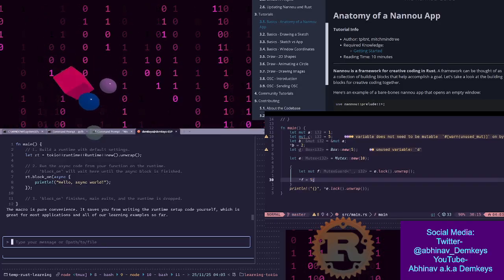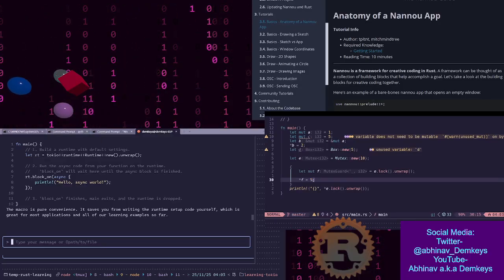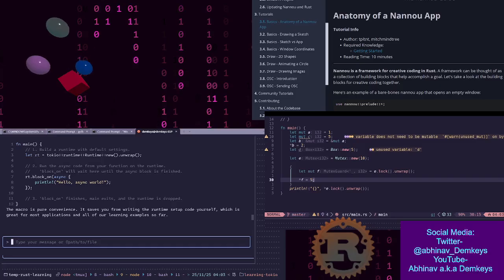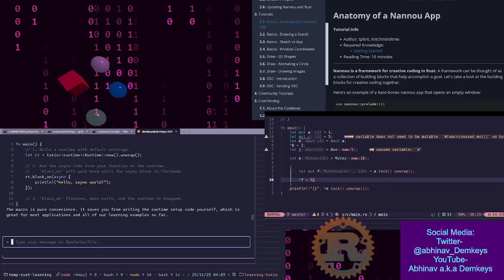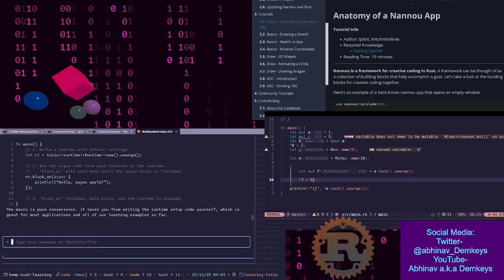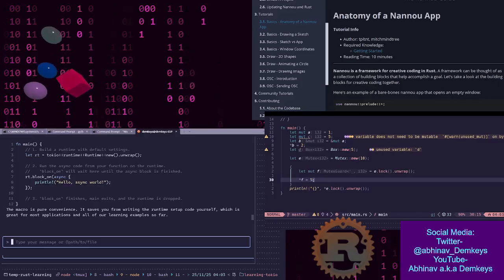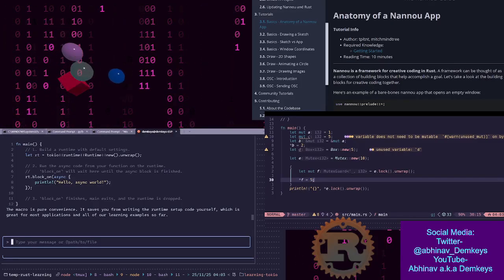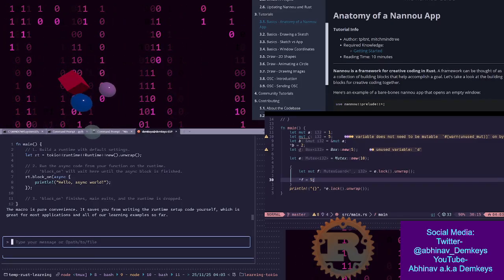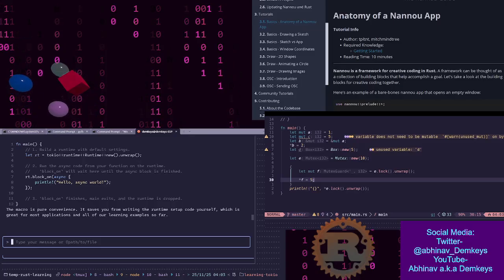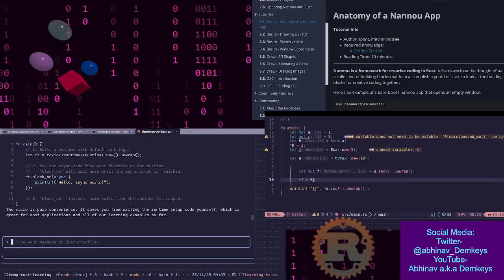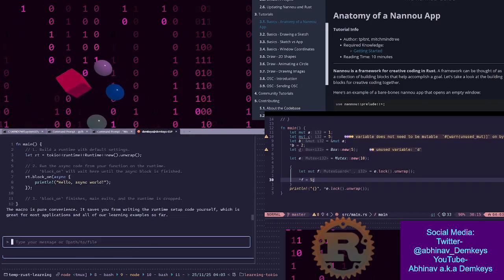Like, it seems like now I actually understand that, okay, this is how it's working, because now I can see that this is regular Rust code, and within this Rust code, there's this runtime being initialized, and to this runtime, we are then passing an async block of code, as opposed to what I was seeing up here,